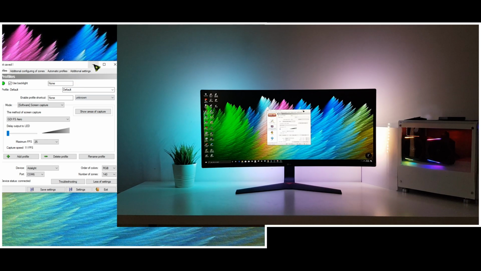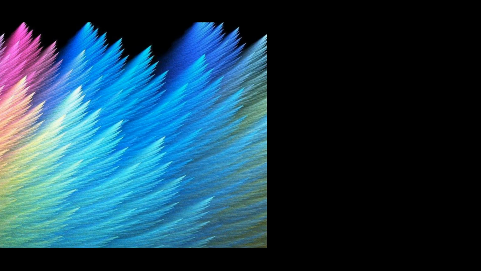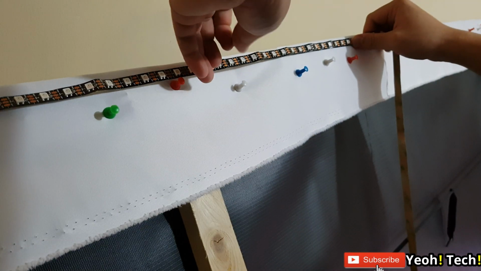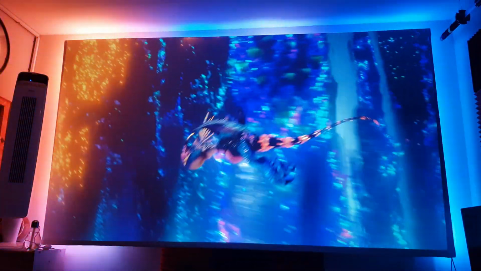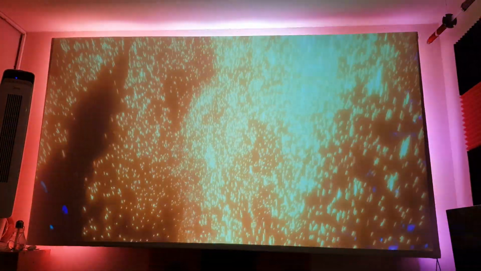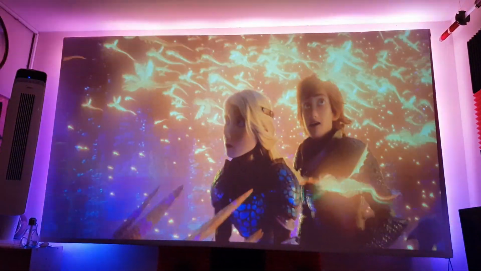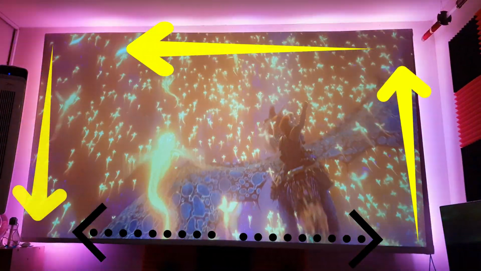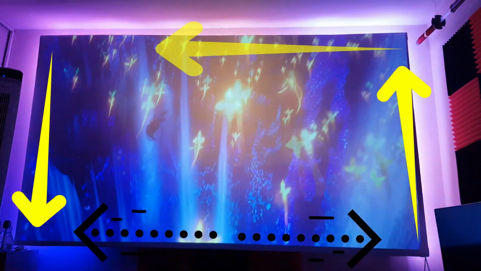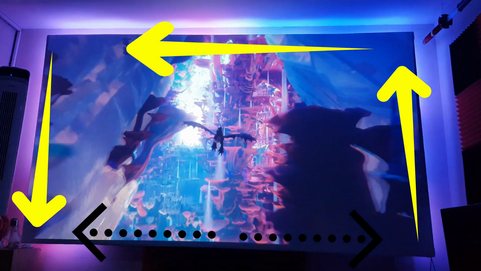Pretty much it. Almost everything has been covered, and of course, there's more for Ambilight on a 100-inch screen. Installation is quite challenging, but the results will surely make you drool. As you can see, the experience of the visual effects light on a 100-inch screen is totally mind-blowing. I got the 5-meter LED light strip, so it only covers the left, right, and top part of the screen. A 5-meter LED strip cannot reach the bottom part, but as you notice, it won't matter anymore because the results are